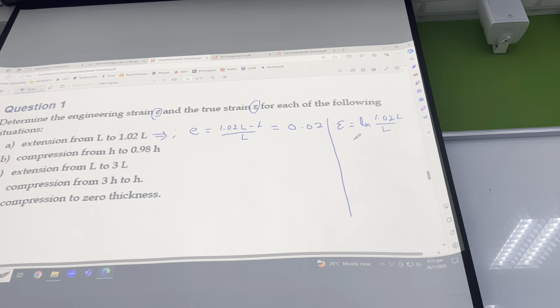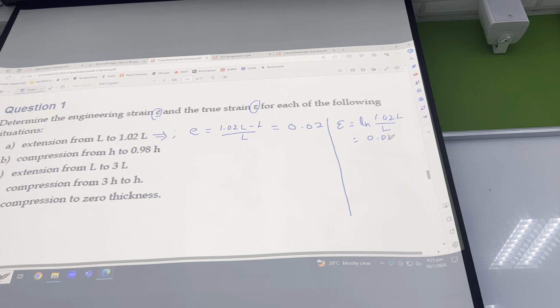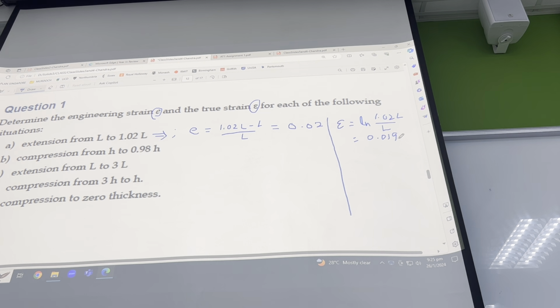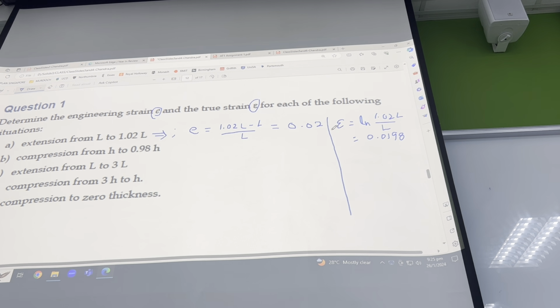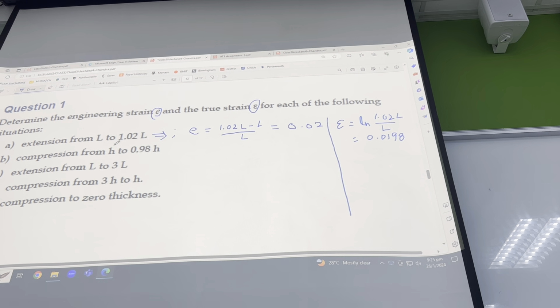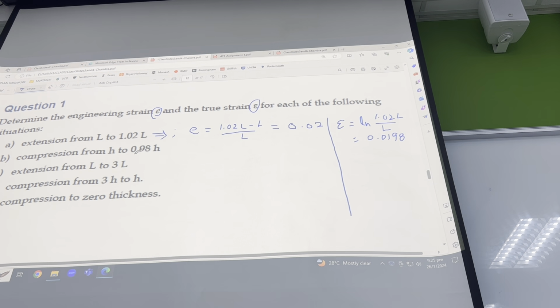So you can see the value is very close, 0.0198. So when the deformation is small here, both the engineering strain and the true strain are very close, they are equal. Okay. Now similarly, when you have a compression from a height h to 0.98 h,